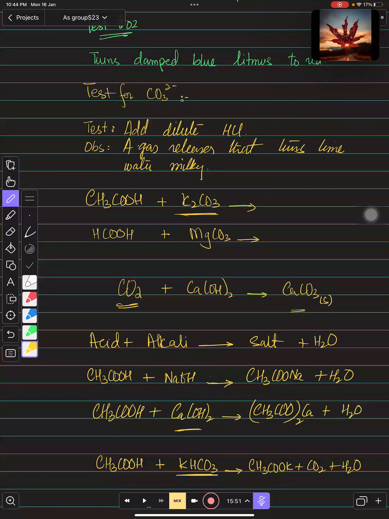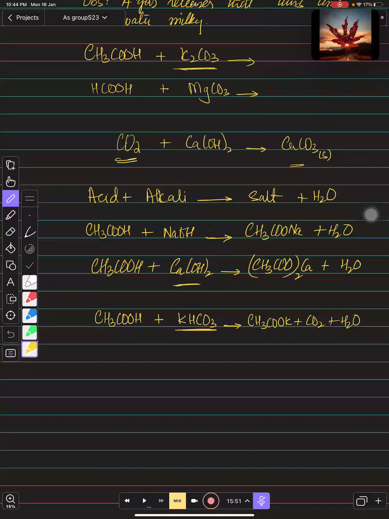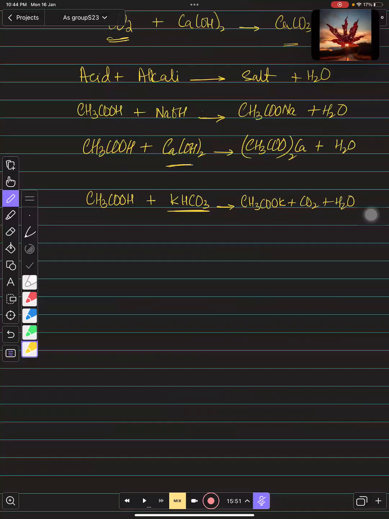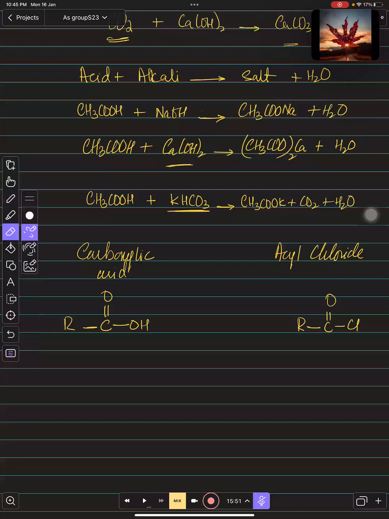देखिए इसमें बहुत सारी चीजें सिमिलर हैं। लाइक फॉर सपोज अगर आप कार्बोक्सिलिक एसिड की बात करो तो दिस इज कार्बोक्सिलिक एसिड, सिंपल। यहाँ पर कोई भी नंबर ऑफ कार्बन आप लगा सकते हैं। अगर ये OH आप रिप्लेस करके Cl लगा दो, सो इट इज नोन एज एसाइल क्लोराइड। इसका मतलब ये है कि अगर आपके पास CH3COOH है, so you can convert this into CH3COCl। आप इसमें कन्वर्ट कर सकते हो।